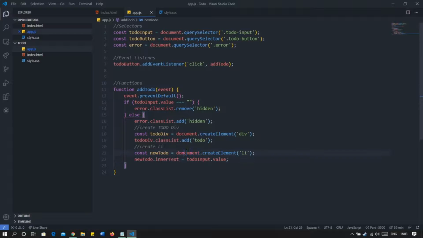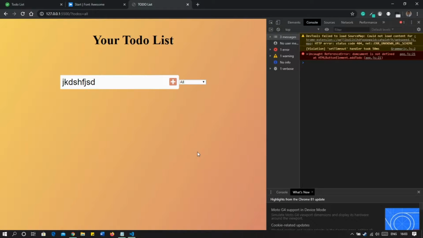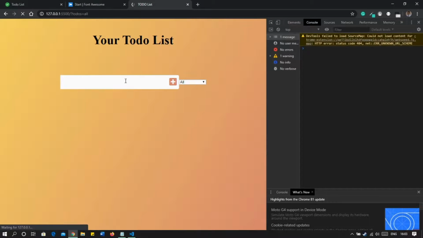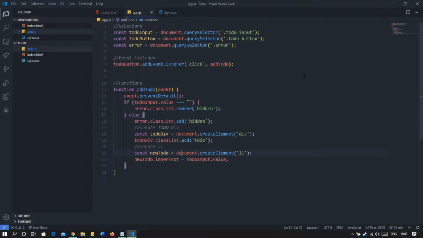Okay, so this is a typographical error. So yeah, document, yeah, so moving on, and if we hit enter, we have the element back. Now after doing that, we have to show it somewhere else. So we haven't yet made it public. So to do that, we will do this.